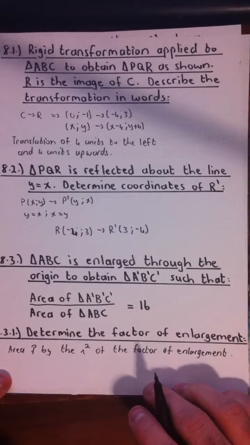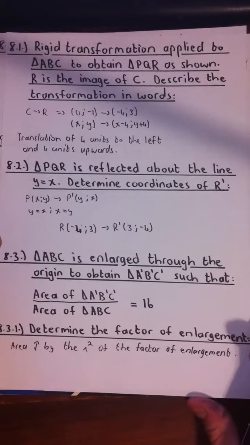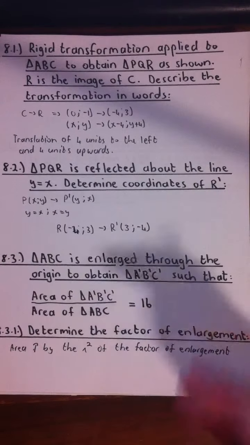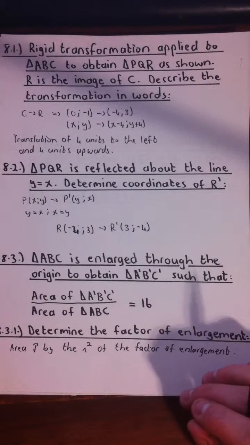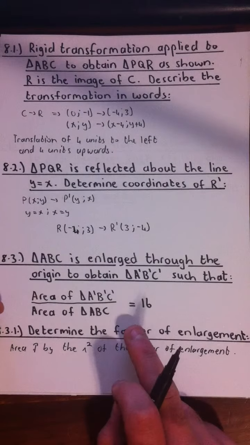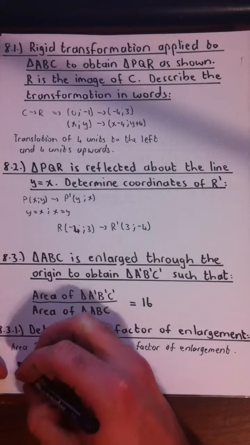Now if we were to work out the volume, let's just think about that, then we'd have 3 dimensions. We'd have a left, right, an up, down, and a depth dimension. So that would be then the cube of the factor of enlargement. Okay, so if we know that the square of the factor of enlargement is 16, so let's just say the